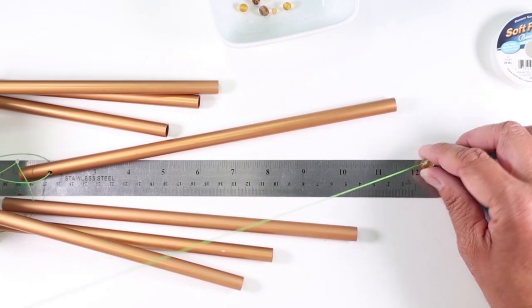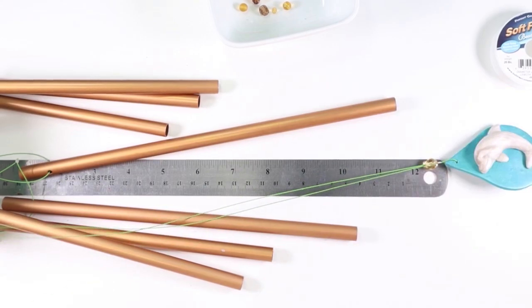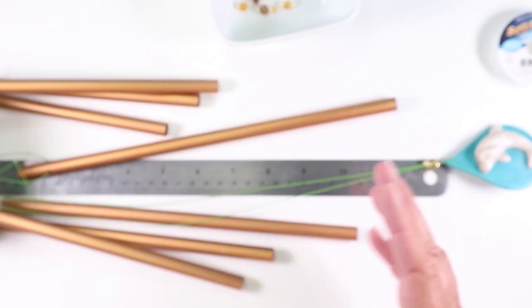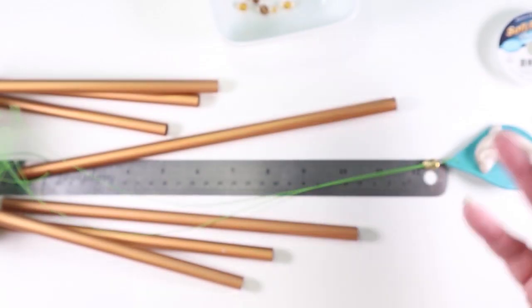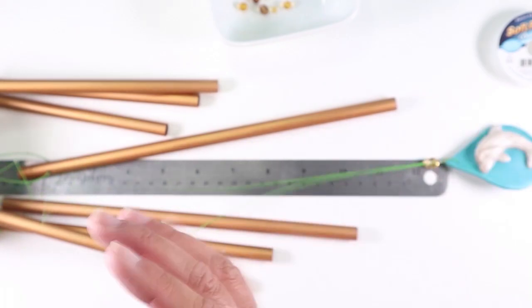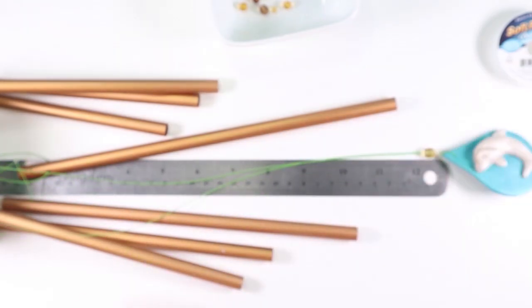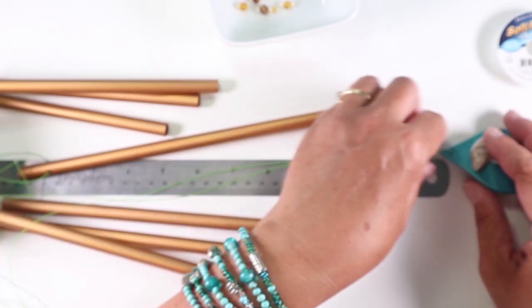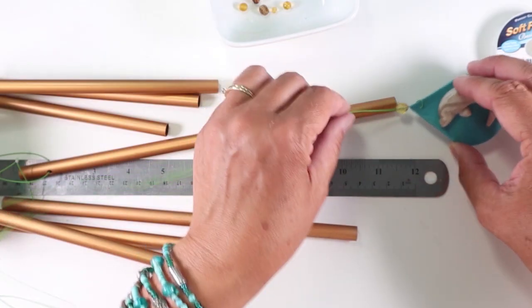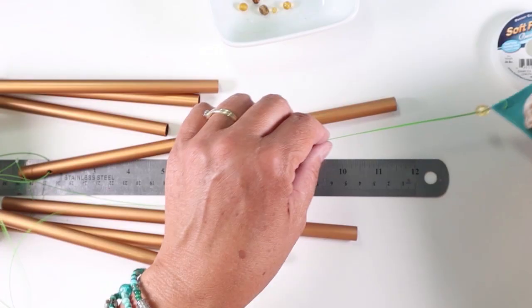Now, the important thing, this website with all the technical stuff, did you know you can cut the tubes and get a scale? Like you can cut them at certain lengths and get a chord or a pentatonic scale. We're not doing that today. I might try it sometime, and you can go to that website and read all about it. It's pretty cool. But anyways, that was where I got the information about not having your sail too far down